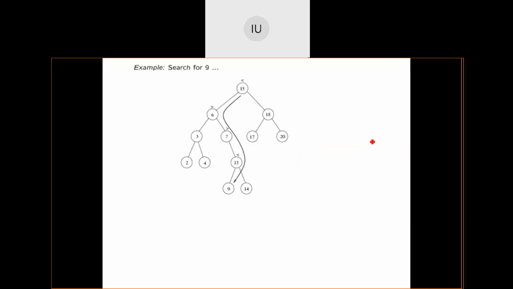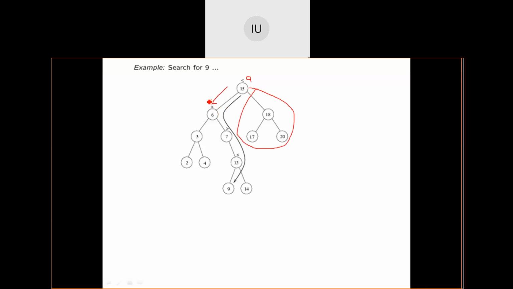Now I'll give you an example. Suppose this is a binary search tree which is available right now in front of you. If I want to search for 9, how do I go ahead? First thing that I will do is compare 9 against 15. 9 is less than 15. So I'll directly go and search in the left subtree. I will not bother about this right subtree. I don't even know what all the elements available in the right subtree are.